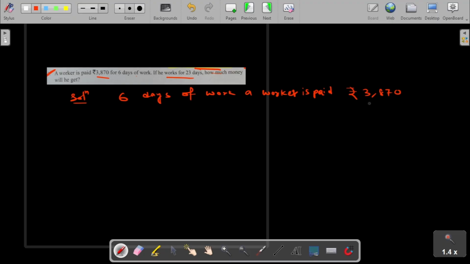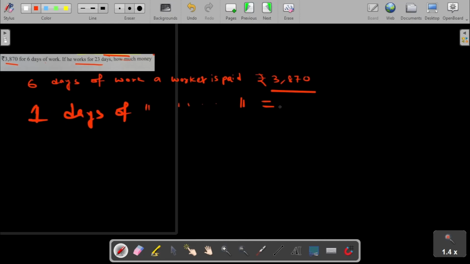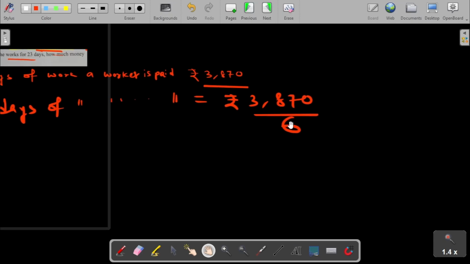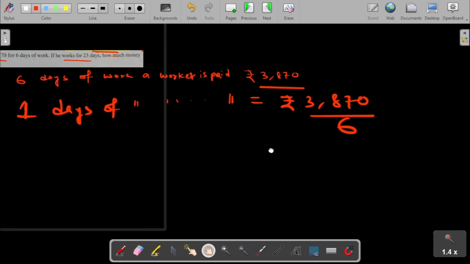তাহলে 6 দিন কাজ করে যদি সে 3,870 পায়, তাহলে আমাকে বার করতে হবে 23 days। তার জন্য আমি কি করব? ইউনিটারি মেথড ইউজ করব। তাহলে ফার্স্টলি I will find how much he paid if he works in 1 day. 1 day of work a worker paid. এবার 6 দিনের যদি 3870 হয় তাহলে ওটাকে যদি 6 দিয়ে ডিভাইড করে দিই তাহলে আমরা পেয়ে যাব। সো 3870 ডিভাইড উইথ 6।